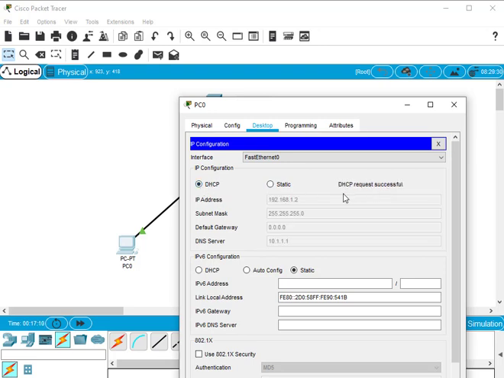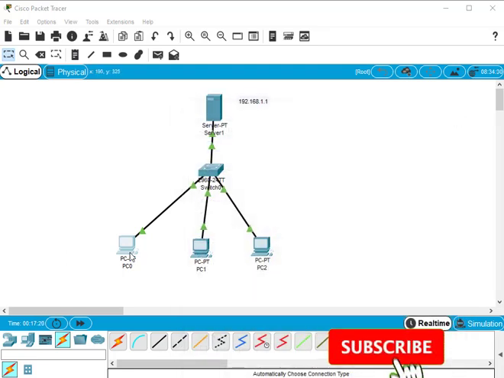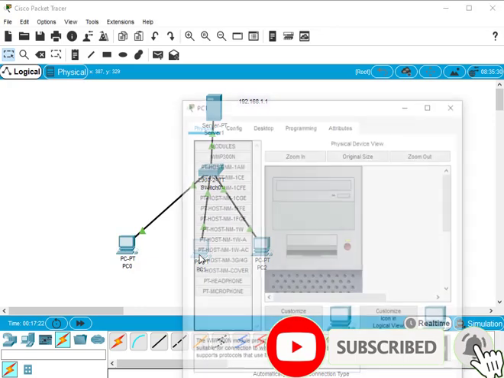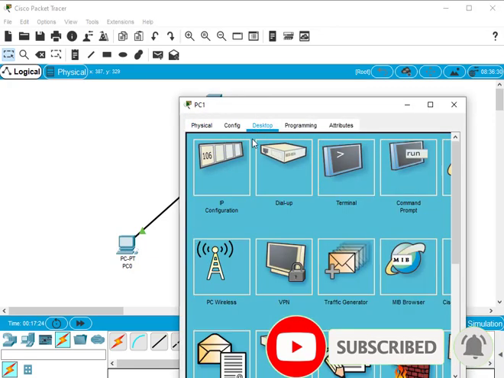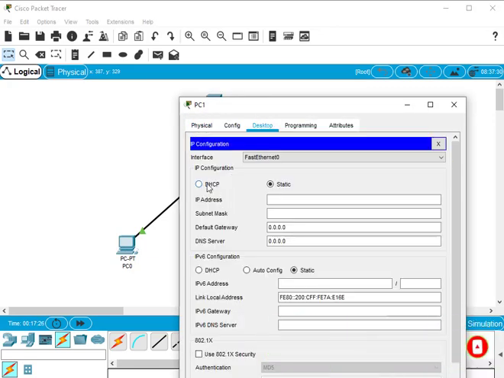Wait a while. Yeah, DHCP request successful. They allotted the first PC 192.168.1.2.